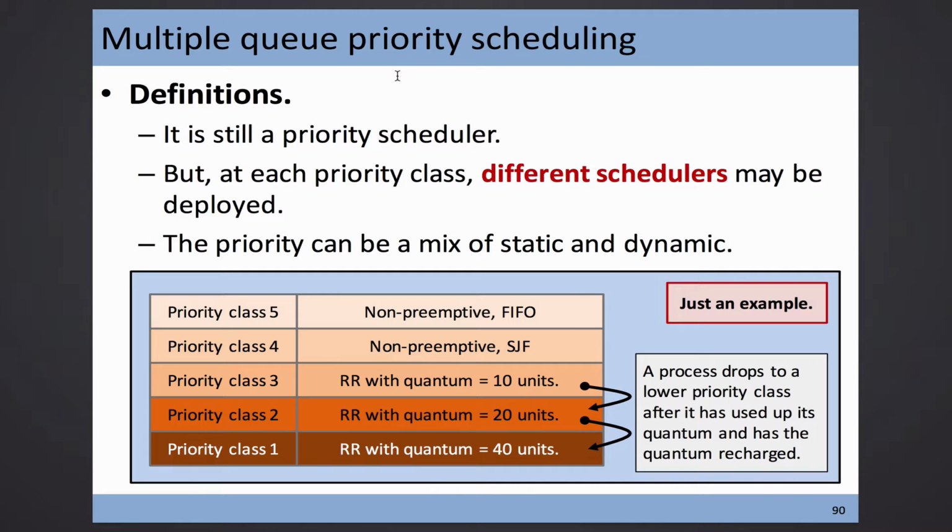But as a bonus, your quantum will be more. If you also use up the 20 units here, then you will drop to an even lower priority class. Okay? But you have a bigger bonus. Can you guess why they implemented it that way? Or what can you say about the performance of this scheduler? What is favored over these three classes? Can you describe what happens if I always create jobs which are short-lived?